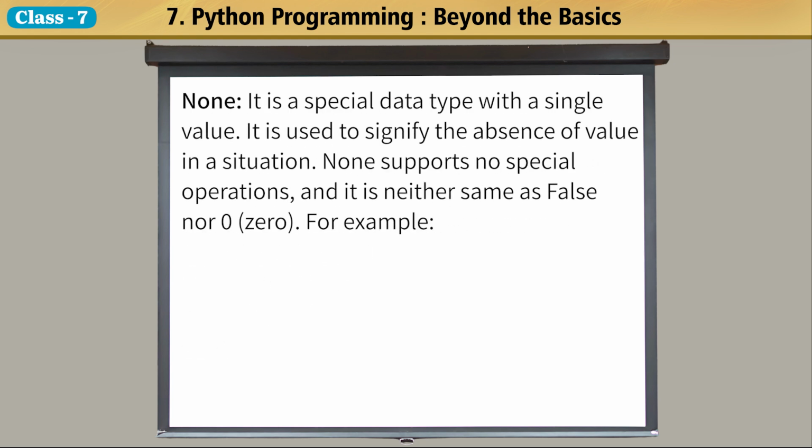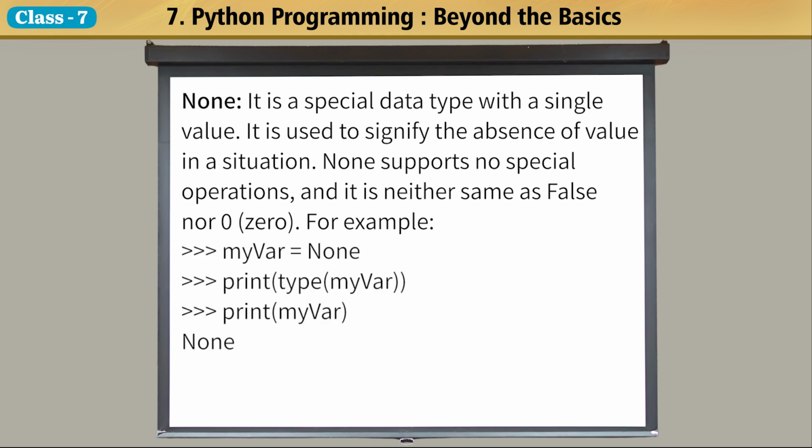None. It is a special data type with a single value. It is used to signify the absence of value in a situation. None supports no special operations and it is neither the same as False nor 0. For example,